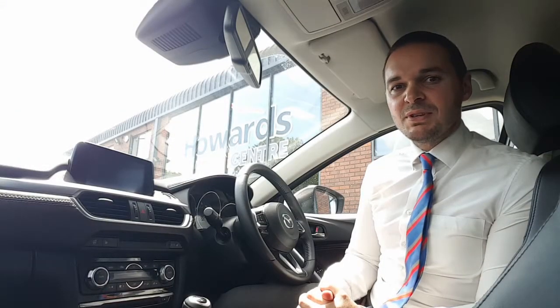This car's got the 2.2 litre diesel engine that gives you 150 horsepower and has a 6-speed manual gearbox. It's done under 13,000 miles, and if it's of interest to you then please contact us at Howard's Used Car